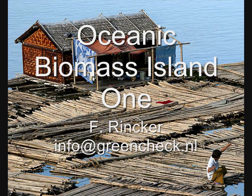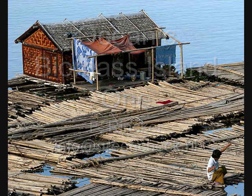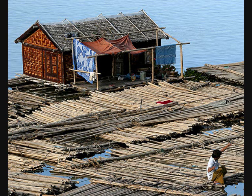And the nice thing about those type of islands, which you can, by the way, combine with mangrove, which will grow in between the bamboo and maybe tie it together organically by itself, is that they are a fertile ground to grow new bamboo on. So you don't have to grow the bamboo on the land, you can grow it on these islands. If you take that combination of an island that is made of bamboo that is used to grow bamboo, you'll have a formula that basically has one limit, which is the supply of nutrients to the